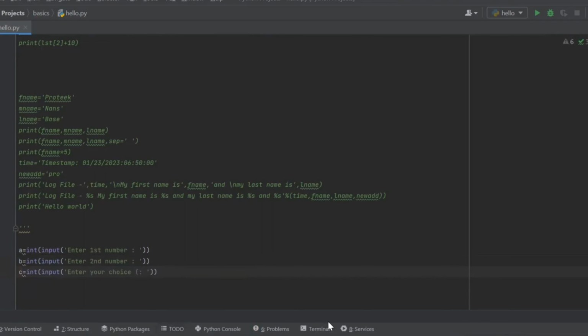I can write in the bracket 1 addition, 2 subtraction, 3 multiplication and 4 division. Or we can just format it a little bit, like enter your choice,